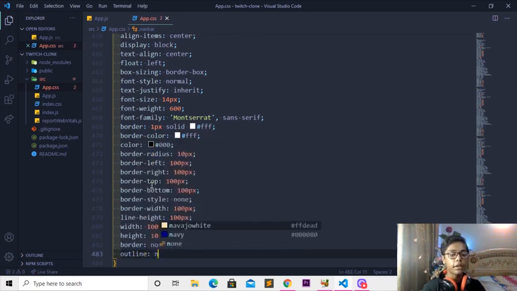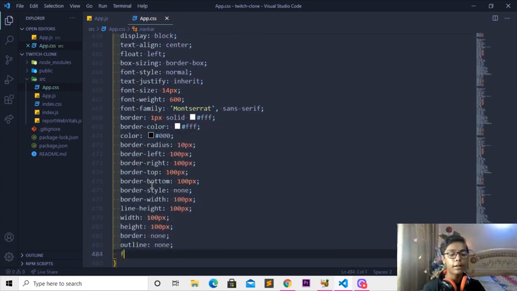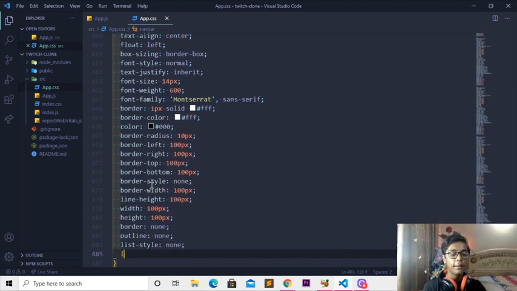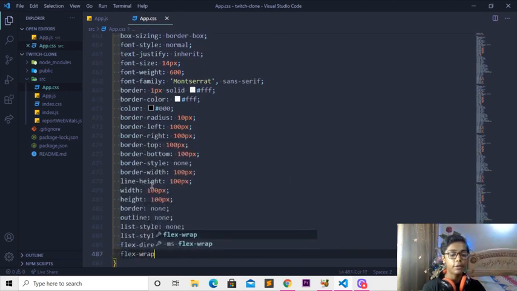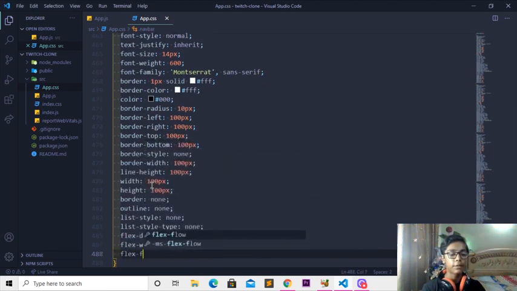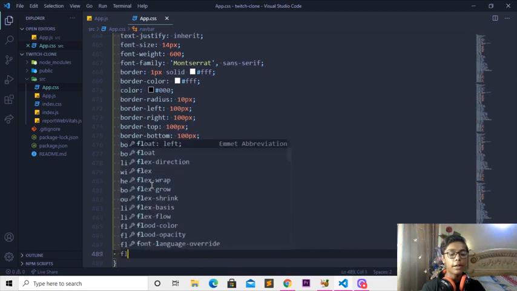Okay, so just create that. When you've done with that, I'll be writing flex, but before that I'll be writing list style, which should be none, and here I'll be writing list style type, which should be none. When you've done with that, I'll be writing flex direction, which should be column. So here when you've done that, I'll be writing flex wrap, which should be wrap reverse. Then I'll be writing flex flow column, then I'll be writing flex,